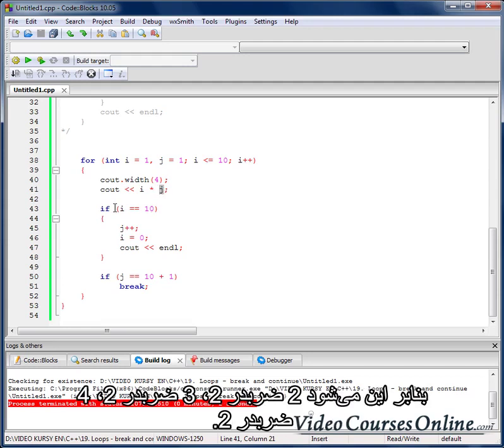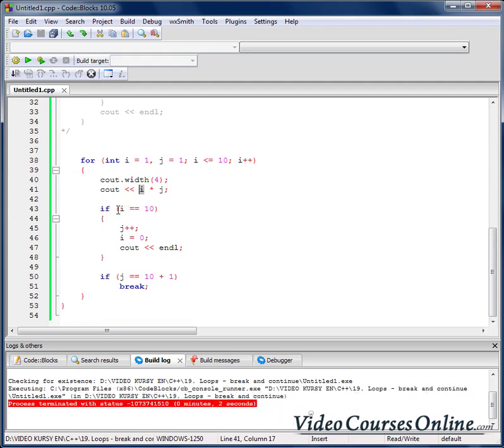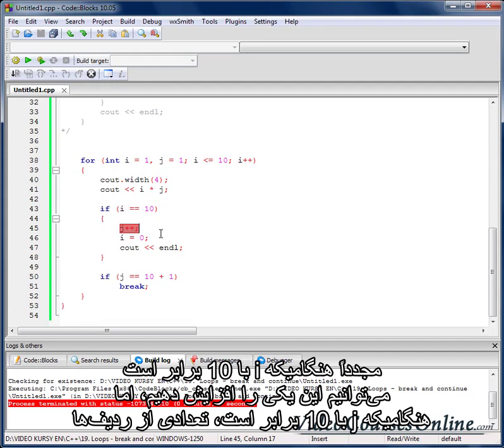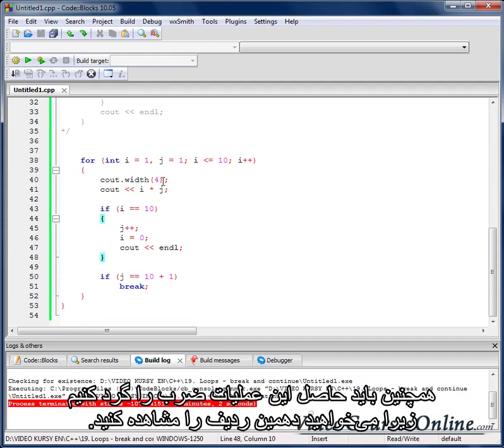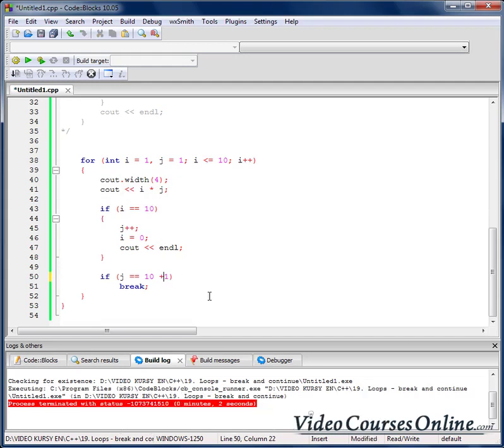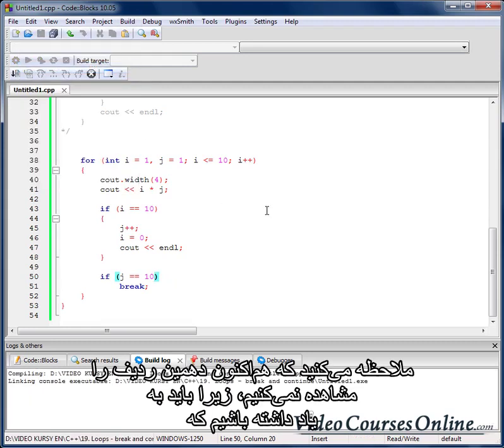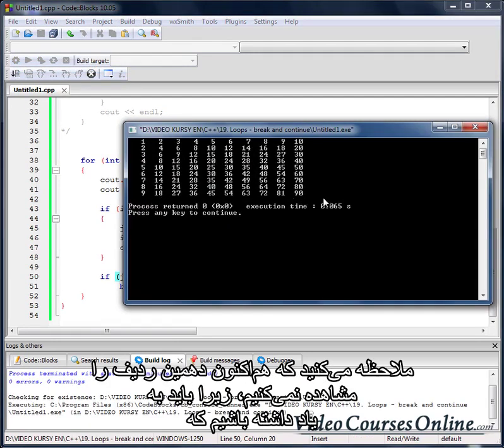and again we are multiplicating now this time 1 by j, which is now 2, so we have got now 2 by 2, 3 by 2, 4 by 2, and again when I is 10 we can increase that guy. But when finally j is 10, we are skipping some rows of course. When j is 10 we should also run that multiplication here, because you want to see the 10th row. If I did it that way, you'll notice that we are not seeing now the 10th row,